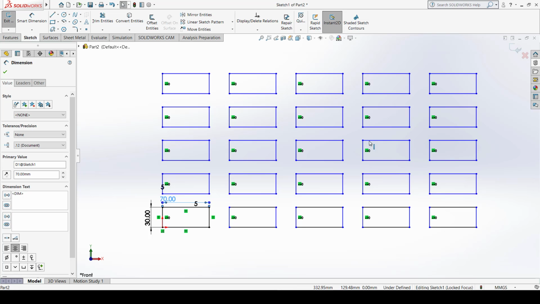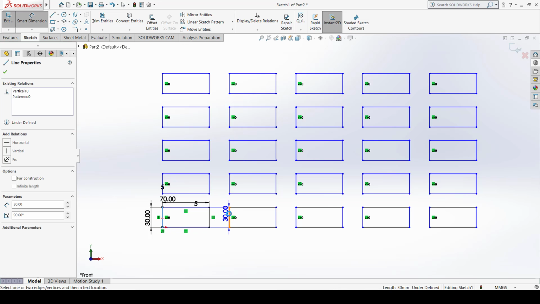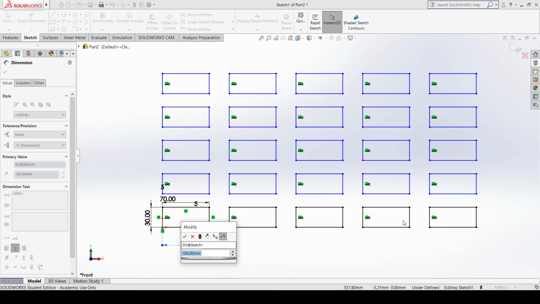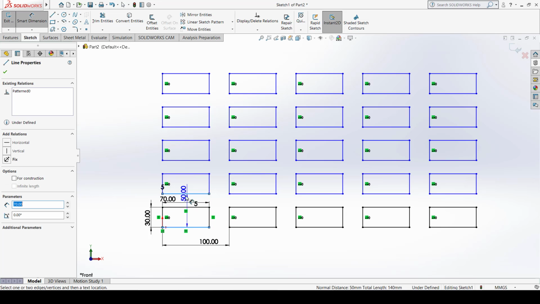Because we are not giving distances right now, they are not fully defined. So I go to Smart Dimension and give the distance from this edge to this edge, it is 100. See what happens now. The horizontal line is fully defined, it is black in color, and from this edge to this edge it is 50,